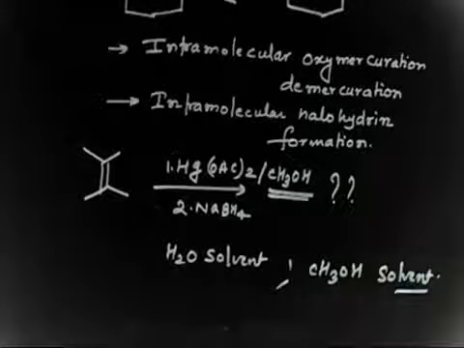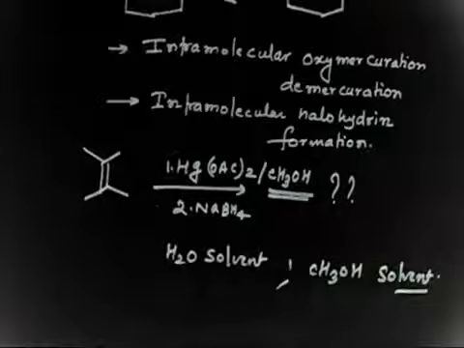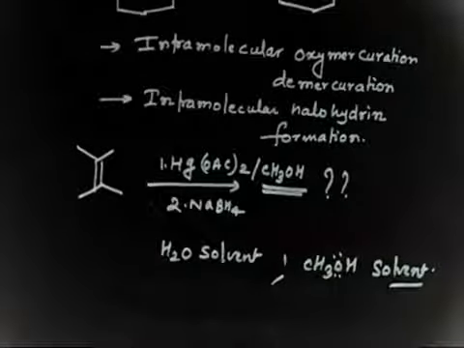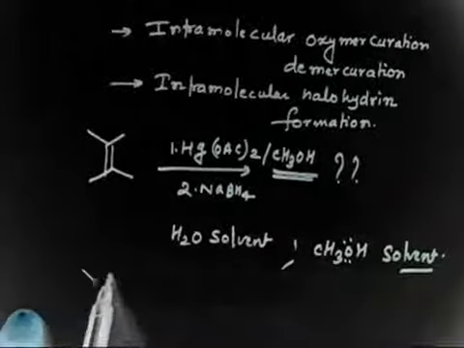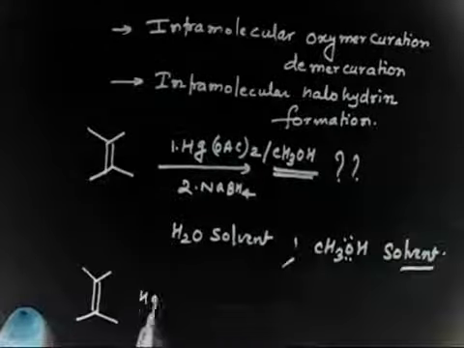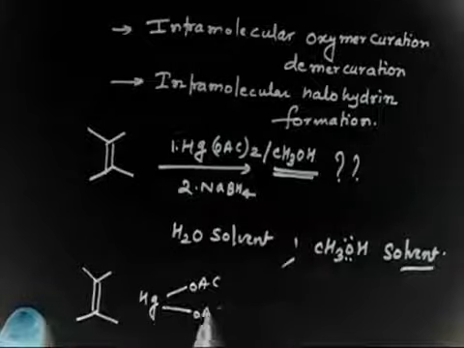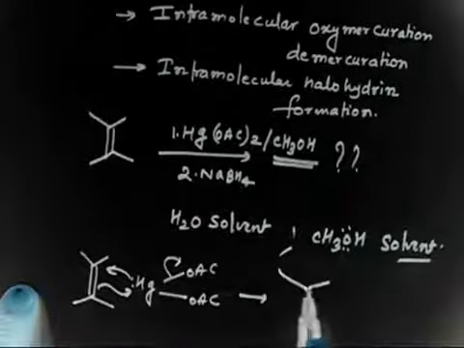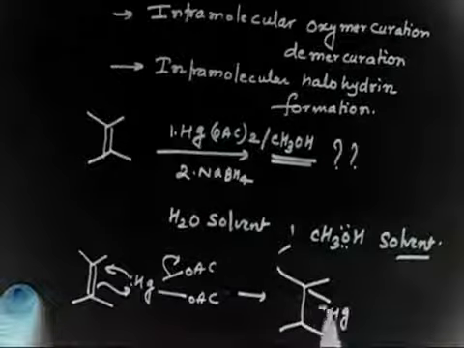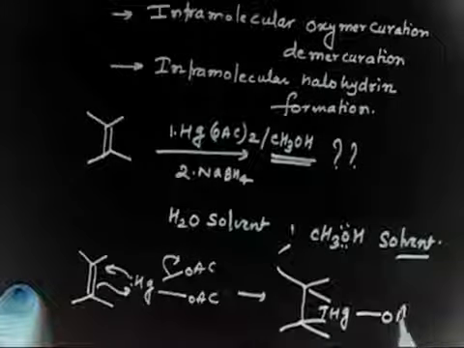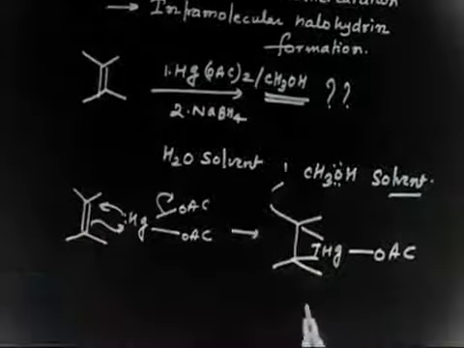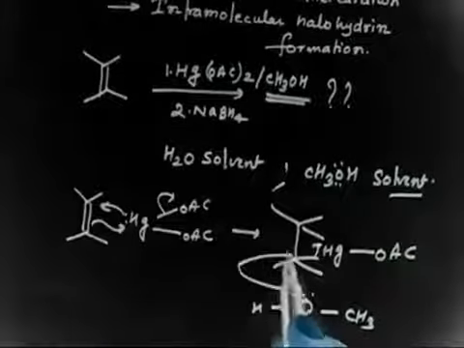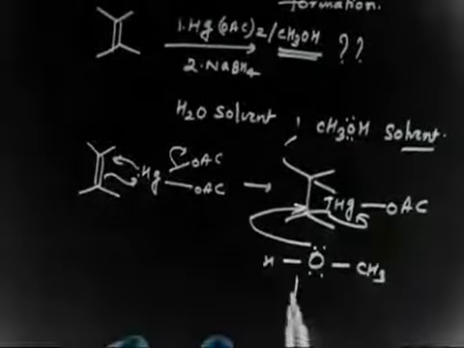Now things will be changed. Only one thing will change. In the previous case, H2O attacks. Now H2O is not there, so CH3OH will attack. Are you getting or not? So in the first case, let me show you. You will have this Hg(OAc)2. So this electron goes here, this comes here, this goes. So you will have Hg plus, so cyclic mercurinium ion, OAc. Are you getting? Now if you have water, then water can attack. You don't have water in this case. Solvent is CH3OH, so this will attack.